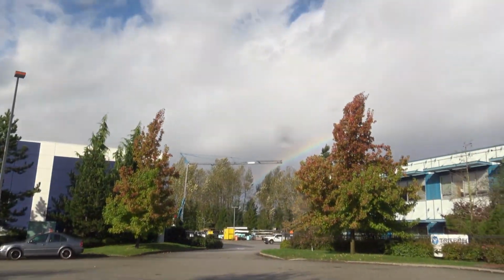Man, oh man, has it ever been a long time. I hope you can hear me because it is very windy right now. You can see the wind happening. Oh, we got a rainbow